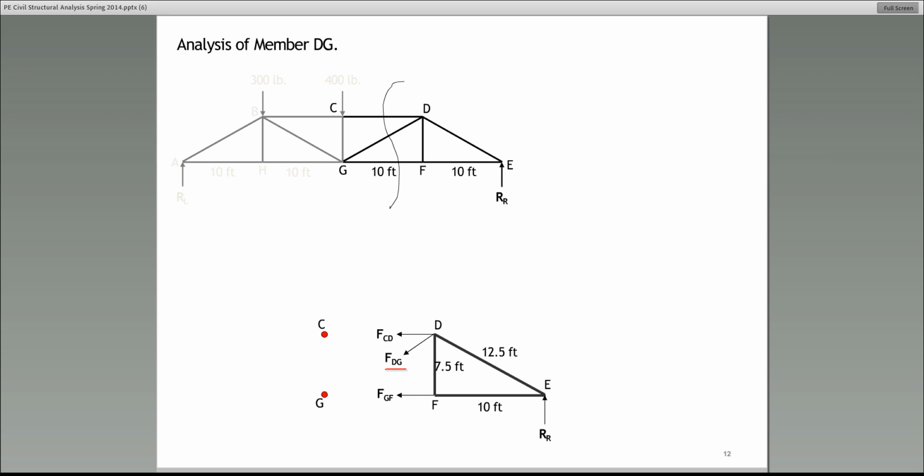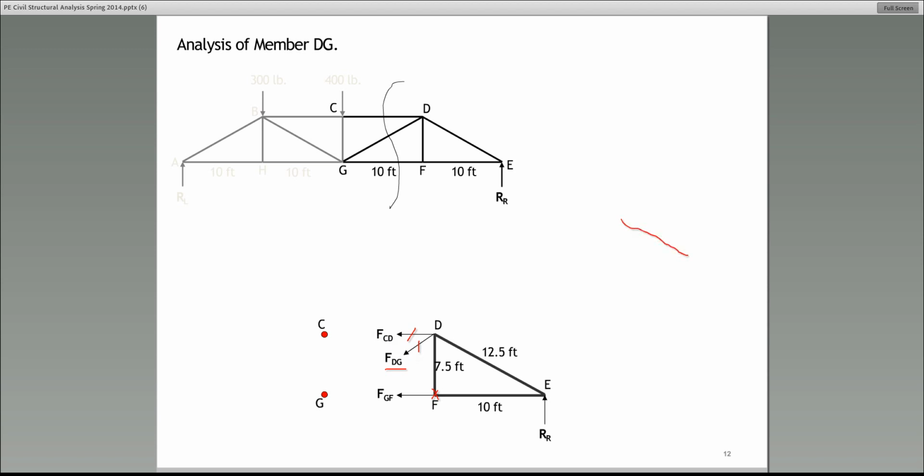Helen says a moment about the point F. Well, yes, that is possible, but the problem with that is that there will be two unknowns in that equation. Look at it. The force in CD would cause a moment about the point F. So will the force in DG. All right? So even though that's correct, it will be a multi-step solution. However, if we go with Paul's suggestion of summing the forces in the y direction, then what happens is